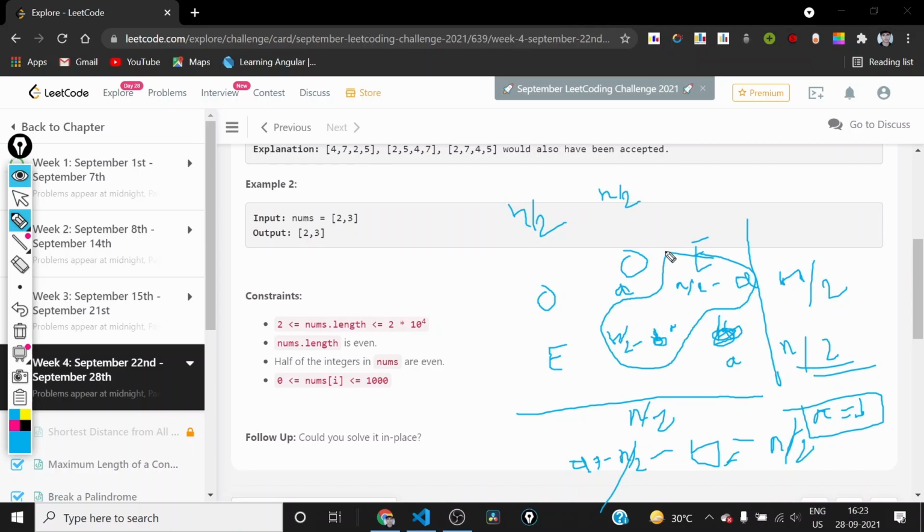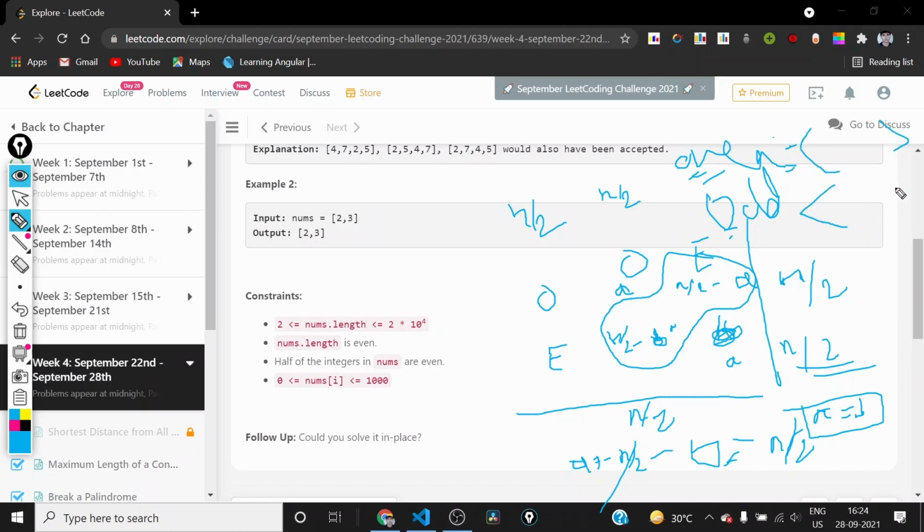So what we can do, we can iterate over the array, and we can have two vectors. One vector I will call even, one vector I will call odd. So this even vector will contain the odd elements that are present at even indices, and this odd vector will contain the even elements that are present at odd indices. So basically these will contain the indices at which the numbers are placed wrongly. So we will be storing indices, not numbers, and we will iterate over and make these vectors.